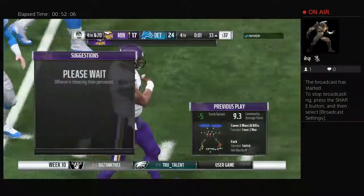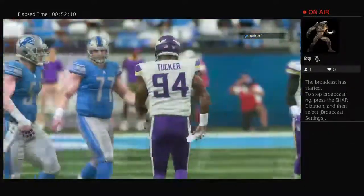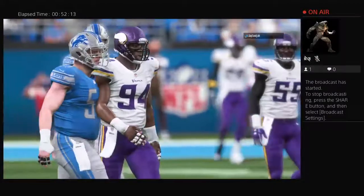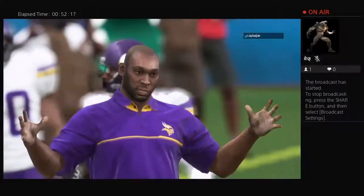The amount of sacks that they've absorbed in this game is absolutely extraordinary. Let's just face it. This offensive line, flat out, cannot handle this pass rush. It's been demonstrated time and time again. And, Charles, I think when